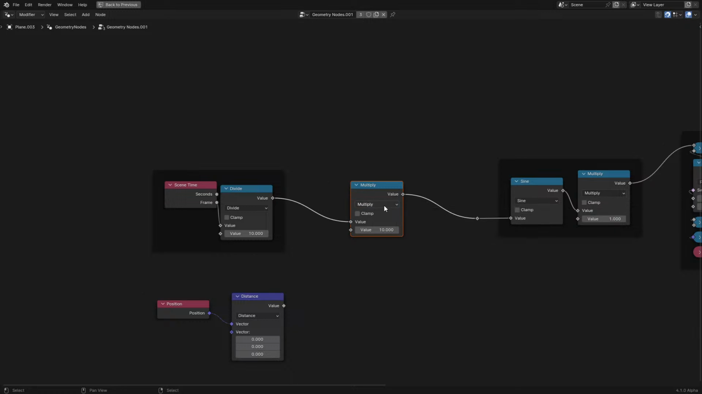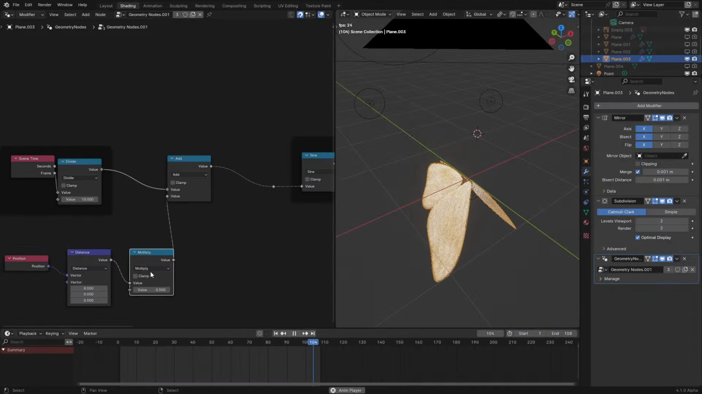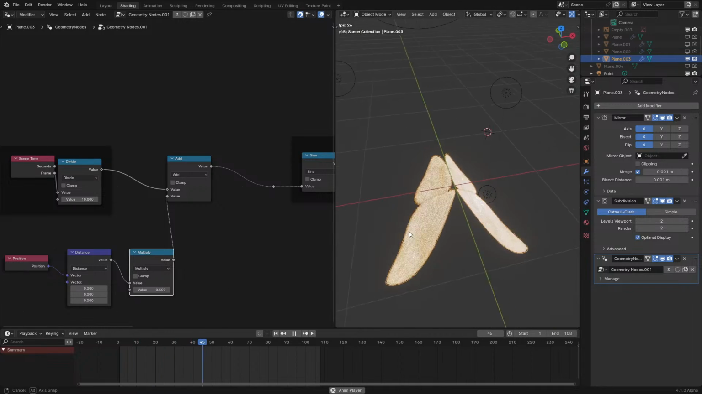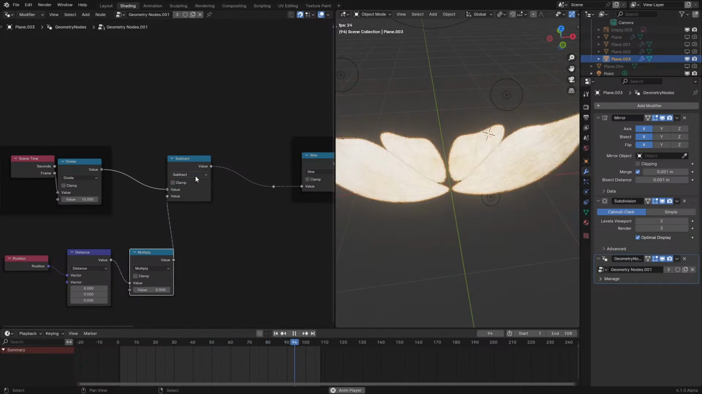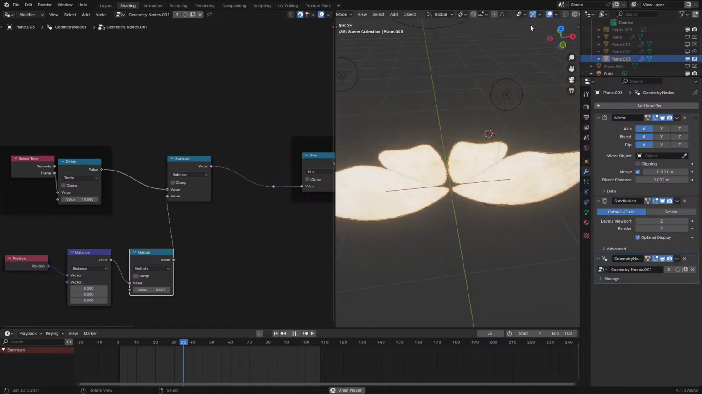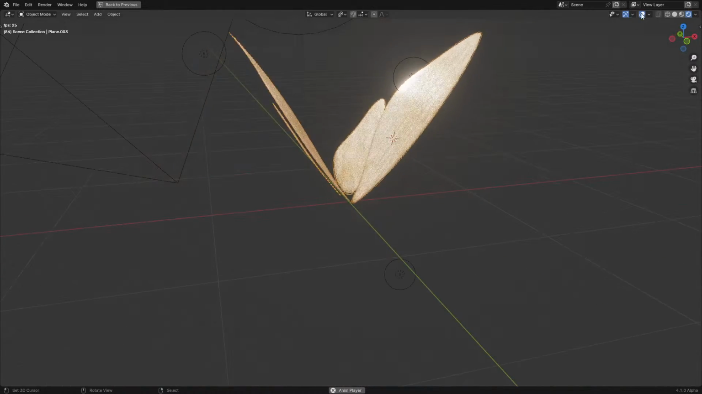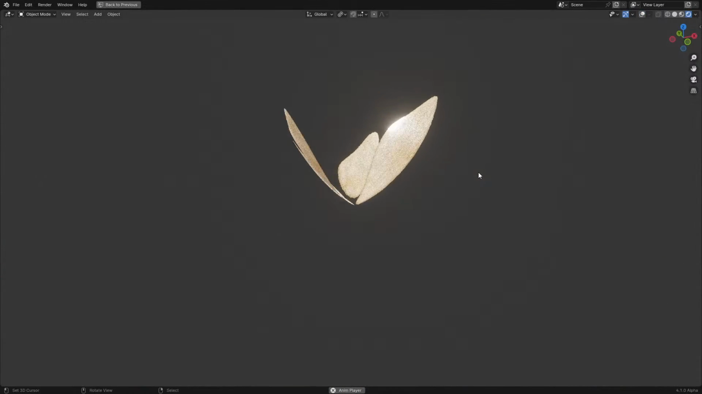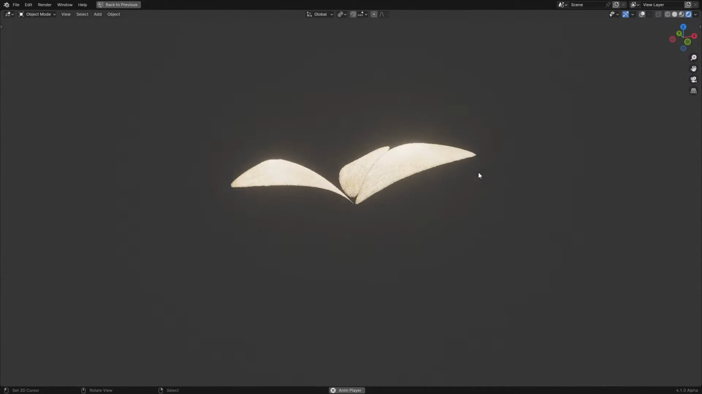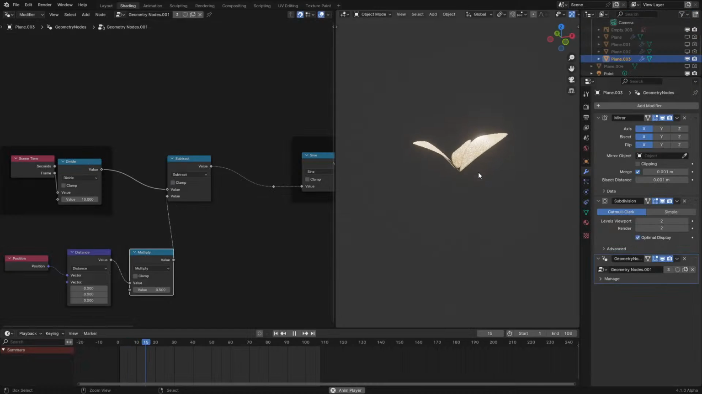But let's use an add node and then a multiply so that the wave propagates from the center of the object. Now, as we can see here, it looks like it's waving, but let's make this a subtract node so that it looks like it's fully delayed. Like this. And now we can see the wings look like they're elegantly waving. But,